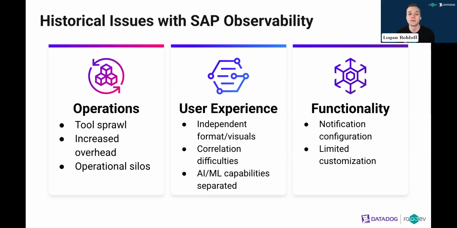And this was mostly because you needed a separate SAP-specific tool for monitoring SAP. And so, if you've got two different tools, all of your SAP telemetry in one, and then non-SAP in another, this just adds to that operational overhead, especially when troubleshooting or triaging ongoing incidents. And this increased overhead gets even further exacerbated by the fact that you need to now manage an entirely separate self-hosted SAP system just dedicated to monitoring. And it starts to build some of these communication and operational silos,